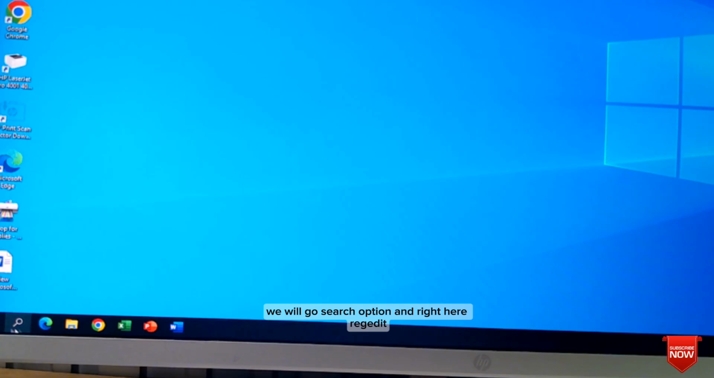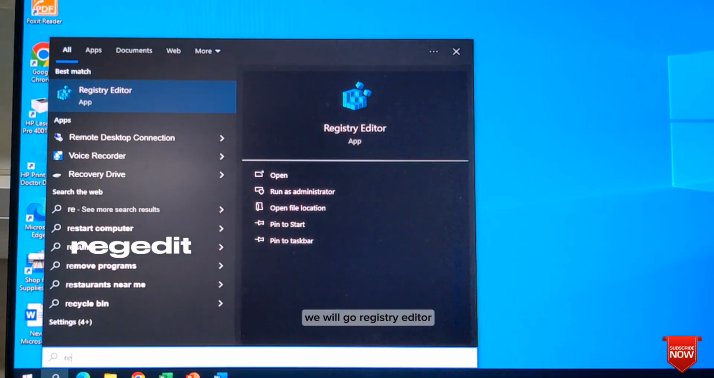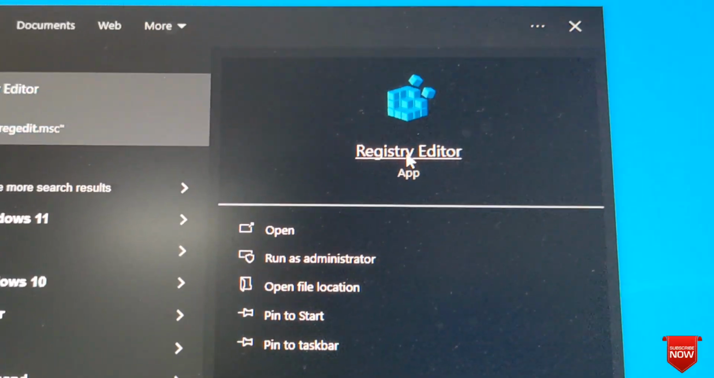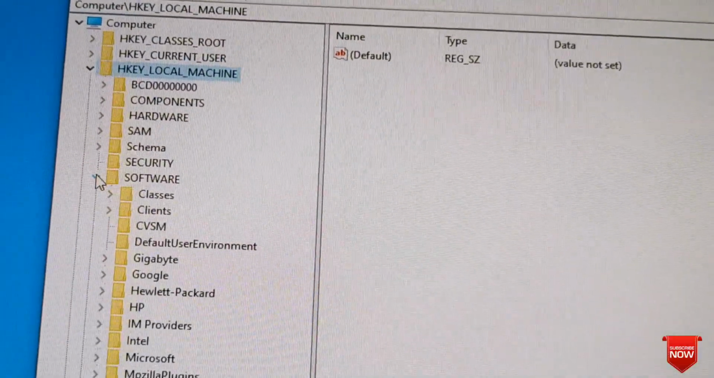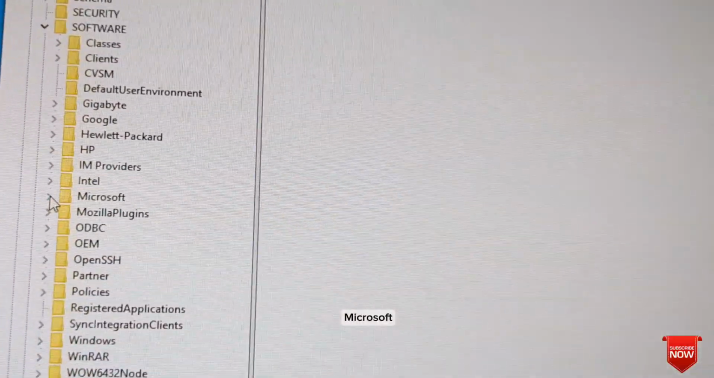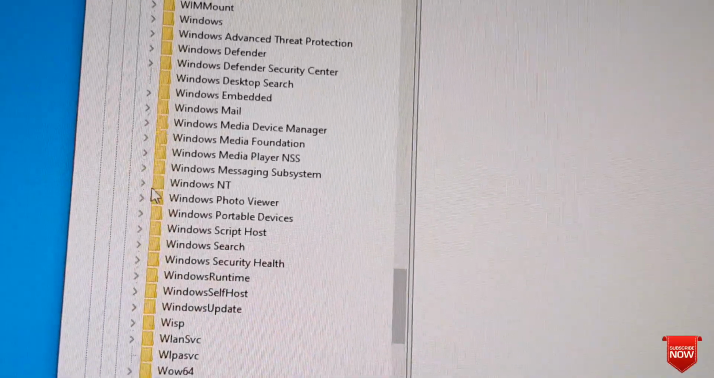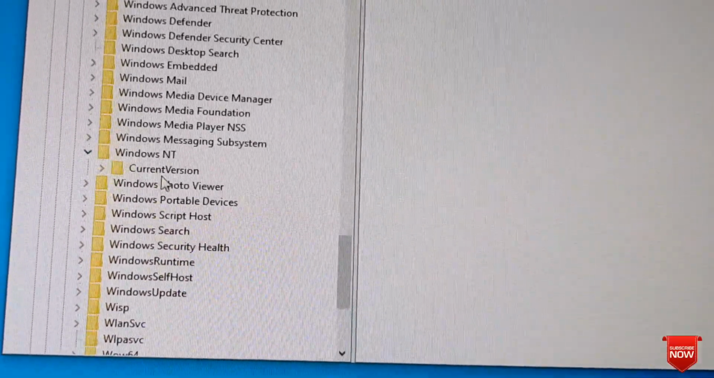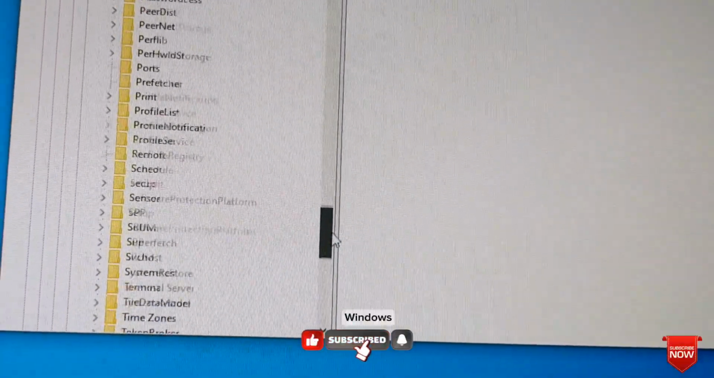We will go to the search option and type regedit. We will go to Registry Editor. Yes. Machine, Software, Microsoft, Windows NT, Current Version, Windows,